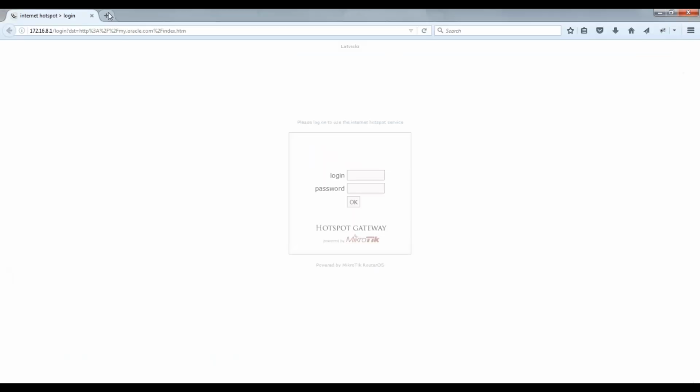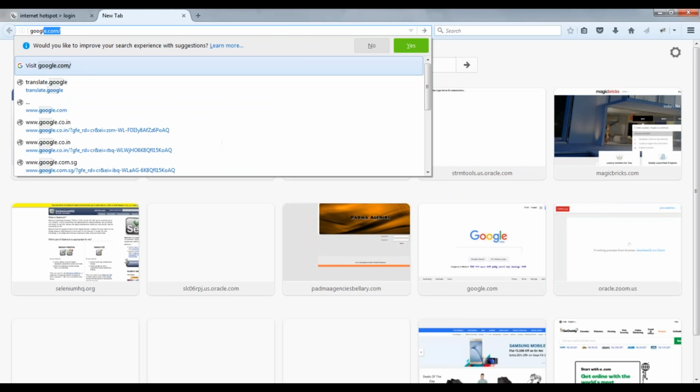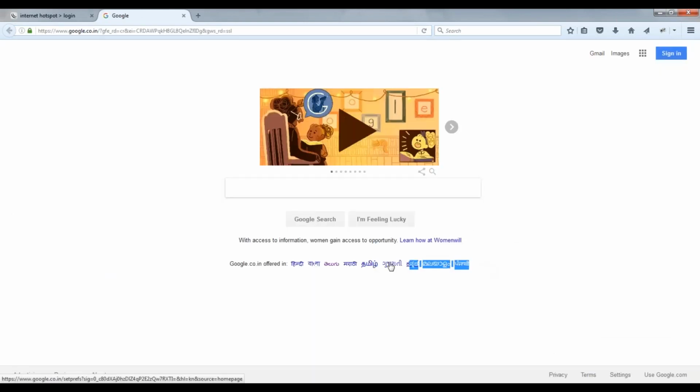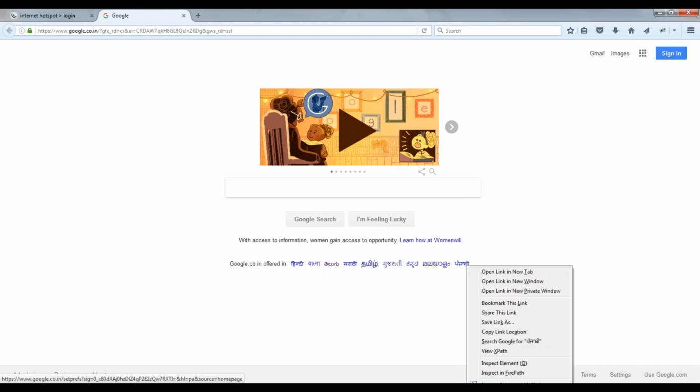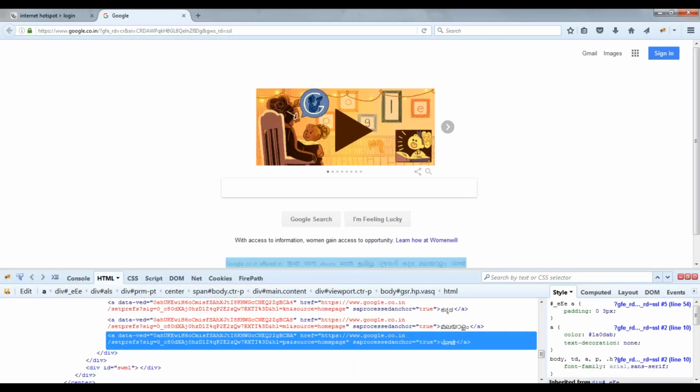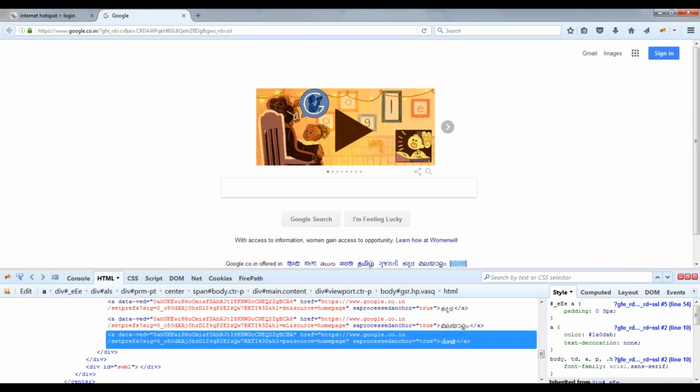Okay, so the scenario would be, if I go to google.com and I want to capture all the links which are available in the page. What do you mean by a link? A link will have the HTML tag as a, that is the anchor tag. If I want to capture all the links, there might be a scenario where you need to go to a particular page.